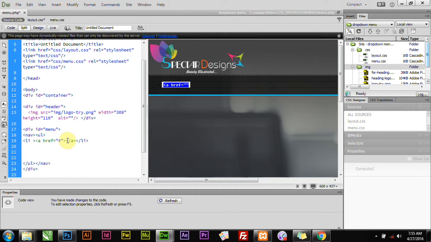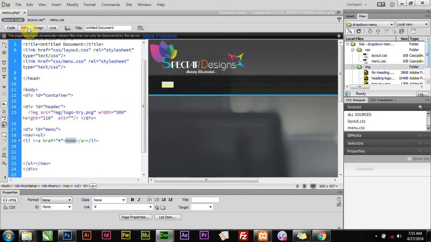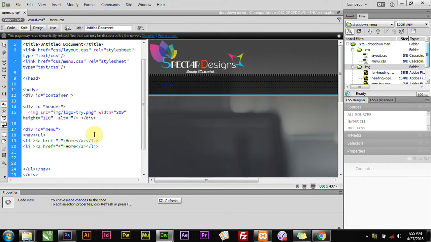And in between here, just here, I'm going to type in home. If you go to design view, you notice that you see home there. So good. So what I'm going to do is copy this code and paste it 4 times. Ctrl V, I'm going to paste it 4 times, save time. So I'm going to change this to about us,